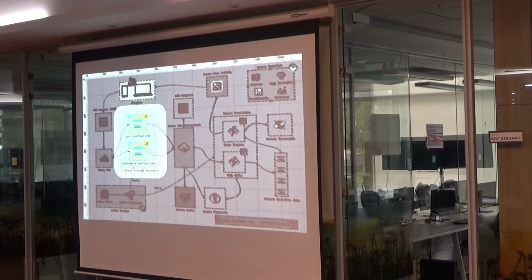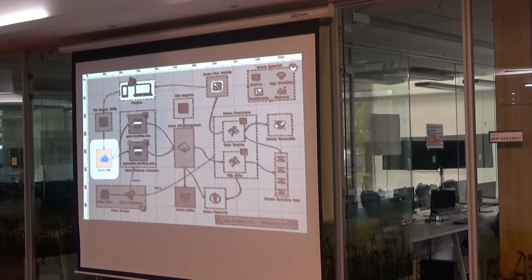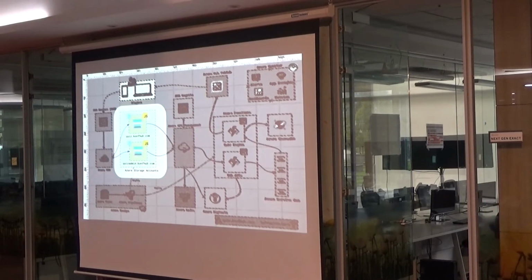The CDN points to a storage account. This is like having your Angular or React application served out of S3 in AWS. Similarly, in Azure we have static hosting that is enabled out of Azure storage accounts. The front end is React.js, and there are two applications, one for the quiz players and one for the quiz admin. Both go into storage accounts. There is a storage account endpoint which is pointed to by the CDN, and this is the origin. So your application is served out of a storage account.